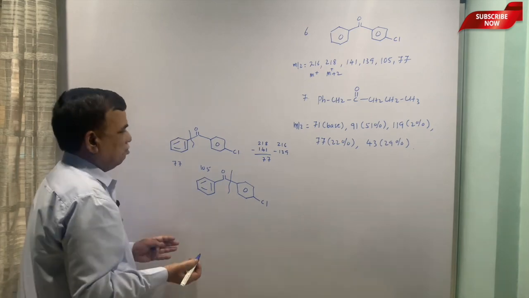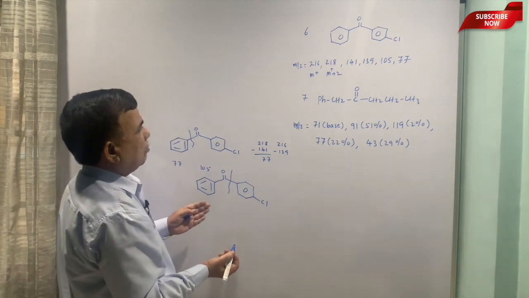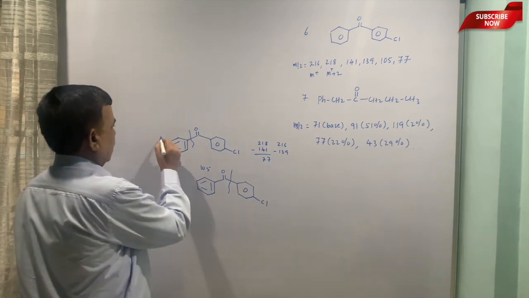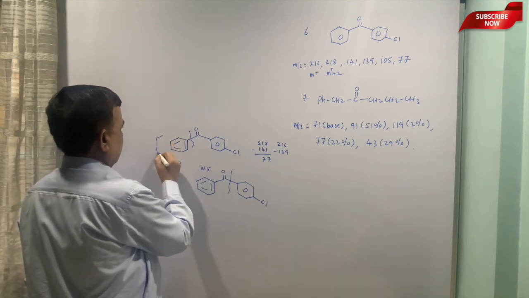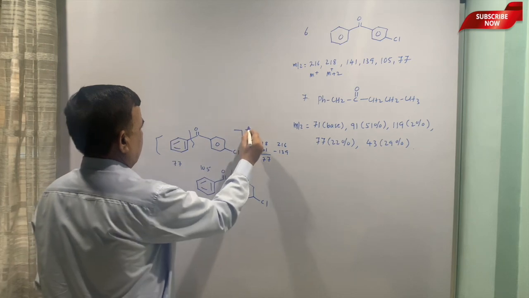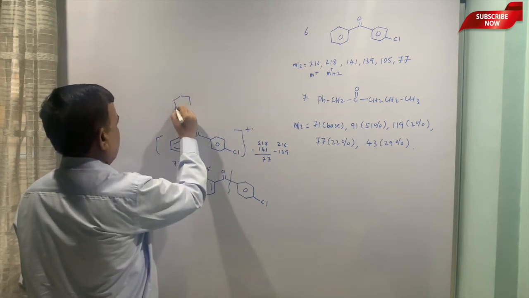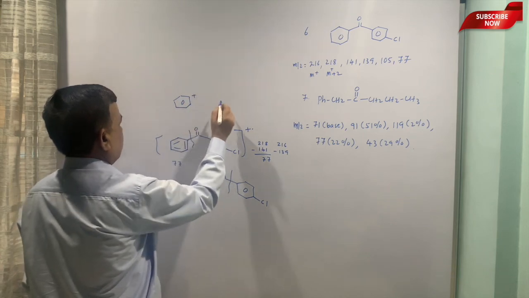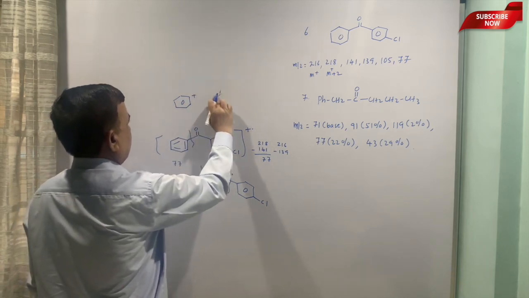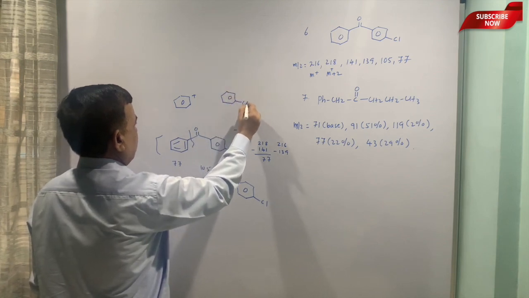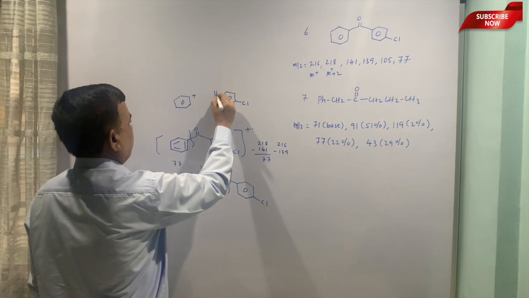So 141, 139, these are the two things. Like here I will just put the radical cation on the top, and therefore we can think of this as a cation, and the other part would be